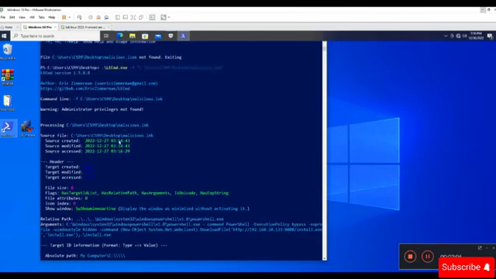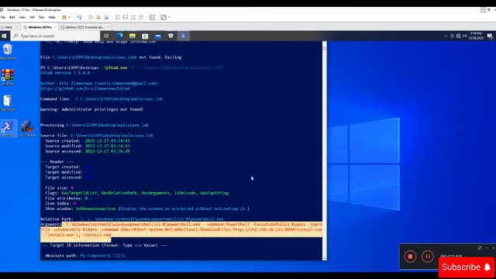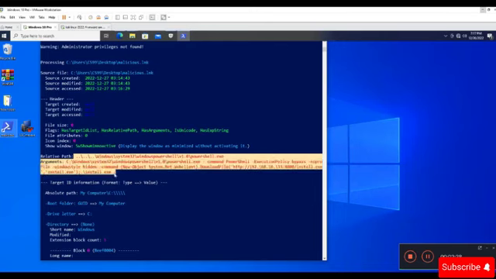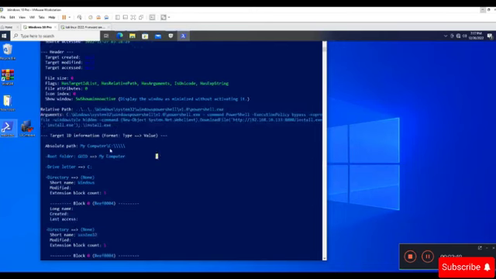Right now you see this one: the source was created, the modified and accessed times, the header information, and the information of the relevant path. You see the arguments over here. So this is really helpful because link files were used the most in the latest, you can say, modern threat vector activities. I'll disclose more information in the next video, but this is a really helpful tool to understand what is there inside this